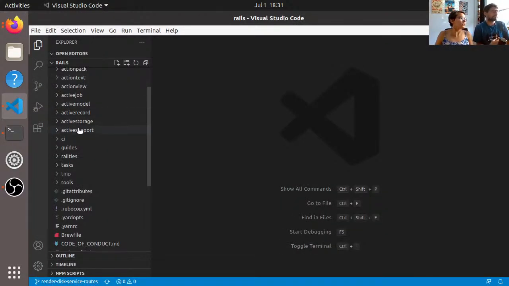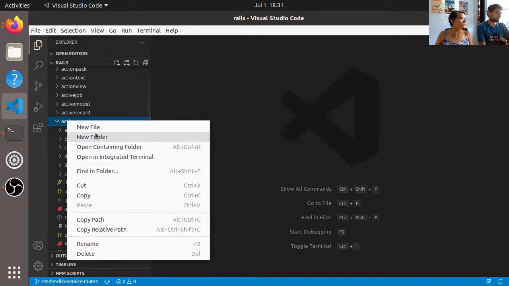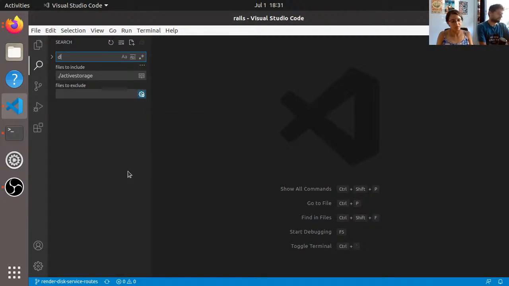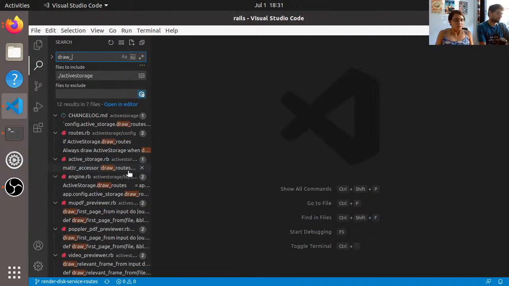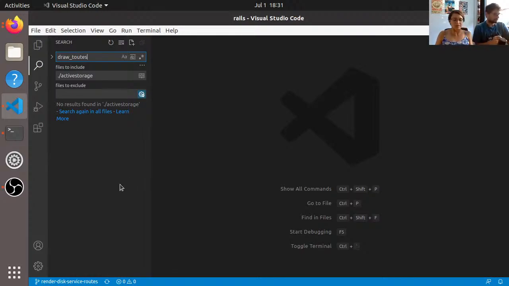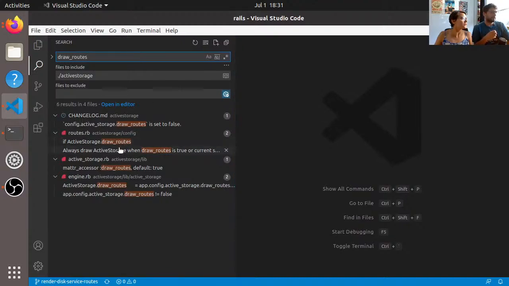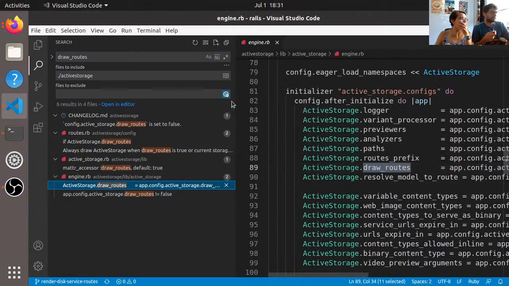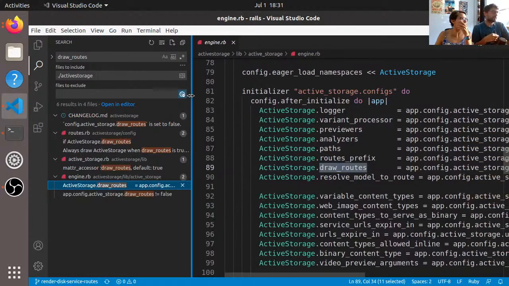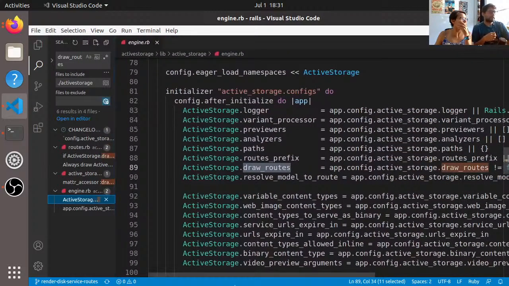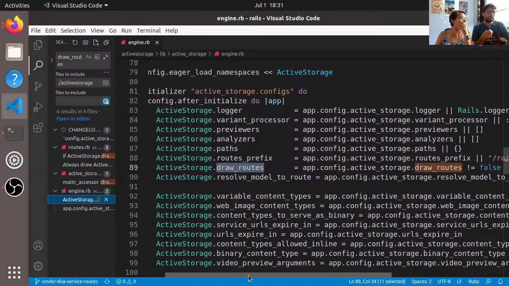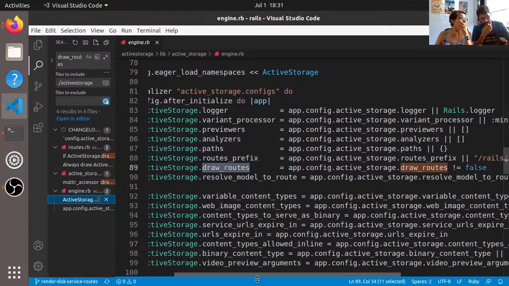Because, for example, we are here, right? Active Storage. Draw routes. Is this on Active Storage? I think it is, right? It's on the config. Okay. Yeah, see, it has a default, so we have to change that. It's not a big deal, but we're probably gonna have to look